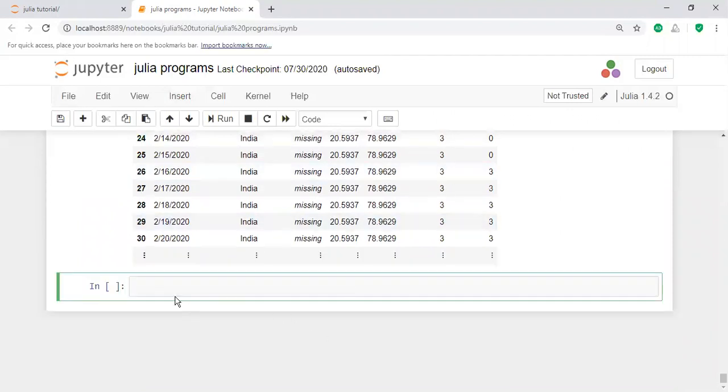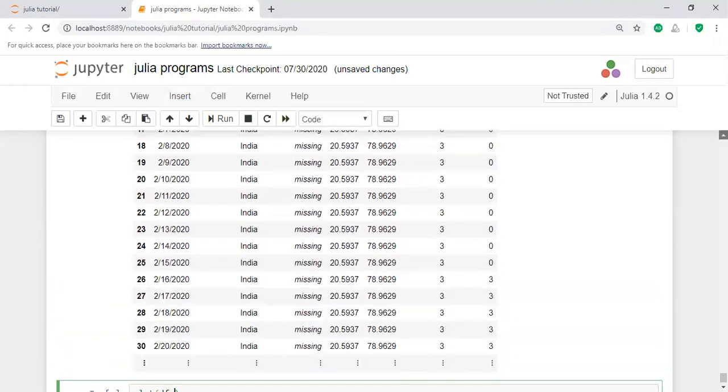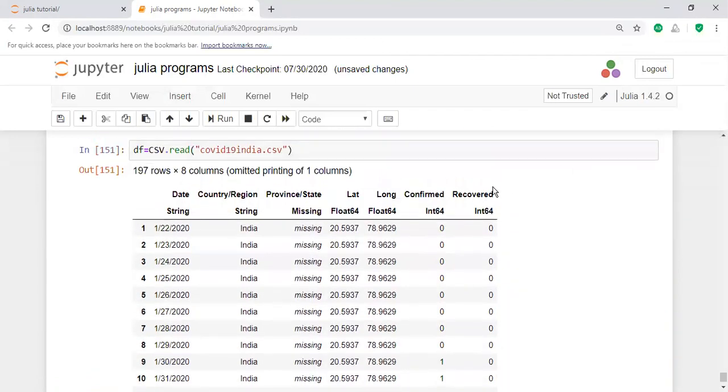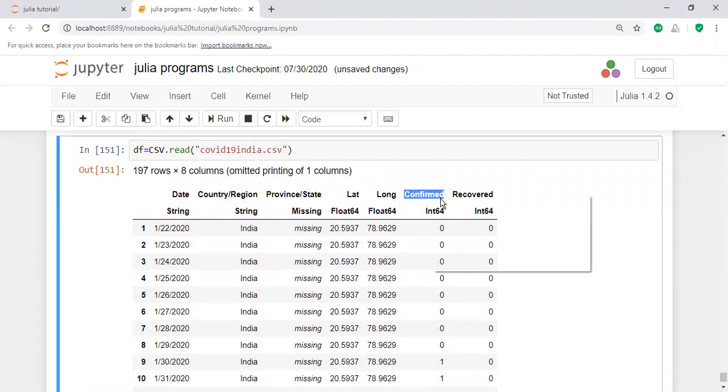For example, for confirmed, I am going to write a plot of df dot confirmed, how to write the spelling the correct way, okay, take it, confirmed, recovered.